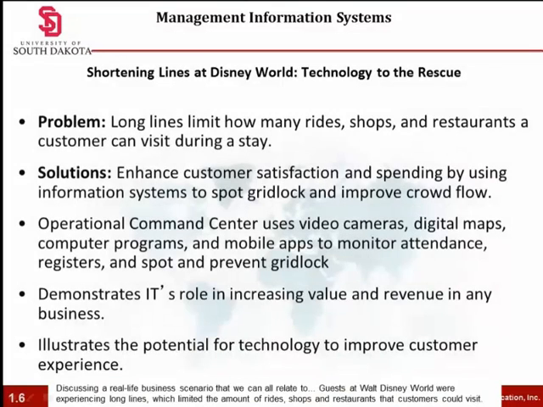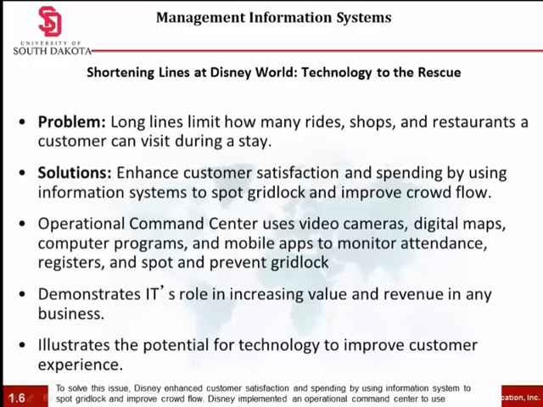Discussing a real-life business scenario that we can all relate to. Guests at Walt Disney World were experiencing long lines, which limited the amount of rides, shops and restaurants that customers could visit. To solve this issue, Disney enhanced customer satisfaction and spending by using information systems to spot gridlock and improve crowd flow.